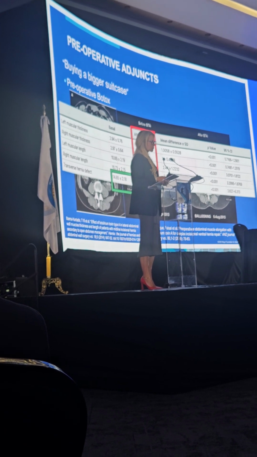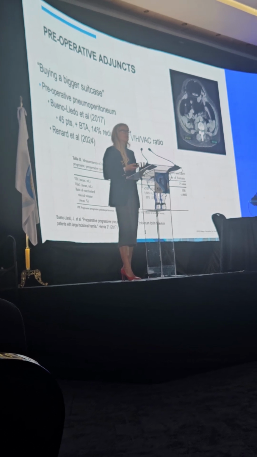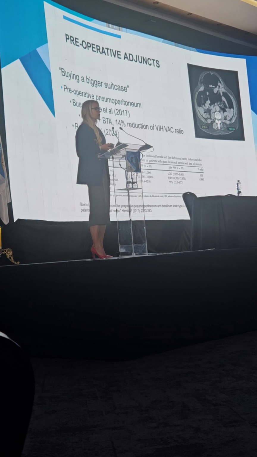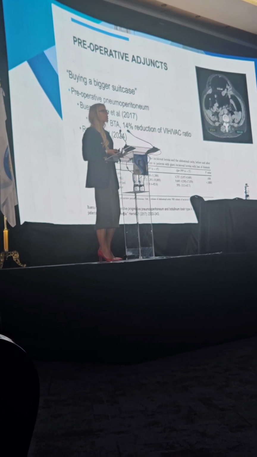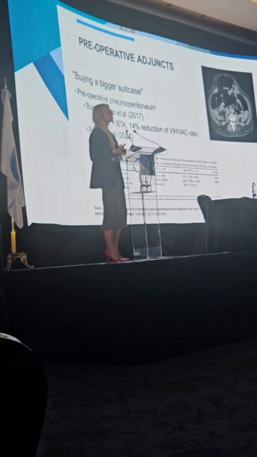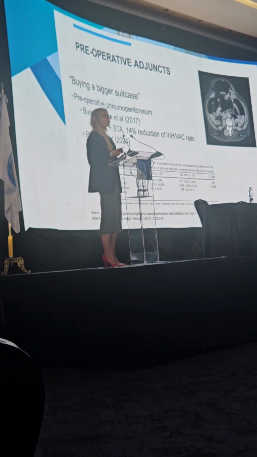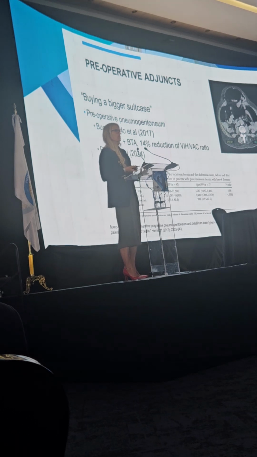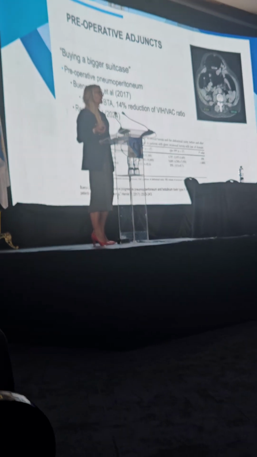The other thing that you can do to make your suitcase bigger is to do preoperative pneumoperitoneum. And I know this is very common in places, not often in the US, but there is a significant amount of data that shows that when you're using preoperative pneumoperitoneum, you can increase the abdominal cavity and decrease the ratio between your hernia sac volume to your abdominal cavity volume. I think one thing that's important to note is this is not benign. I tend to use Botox a lot more frequently because in general, Botox isn't bad. It's very, very safe for our patients,